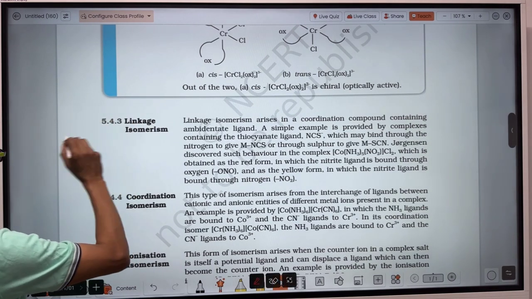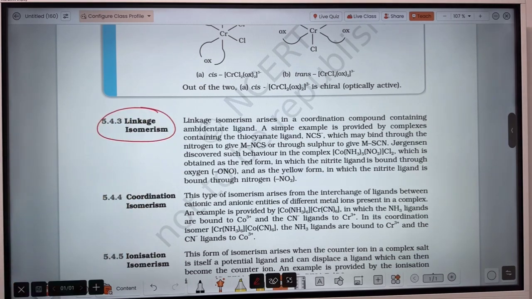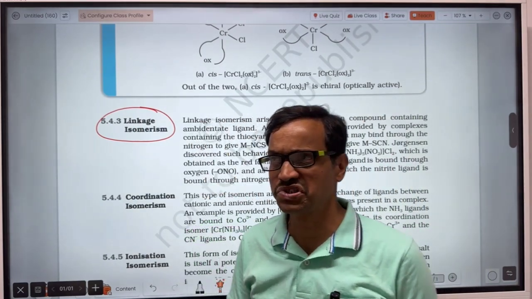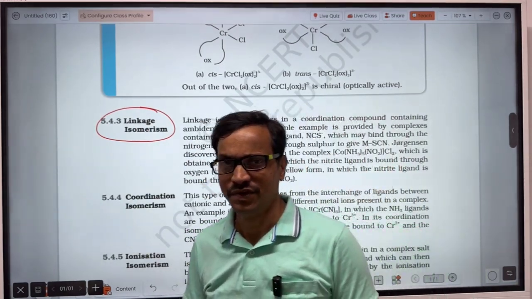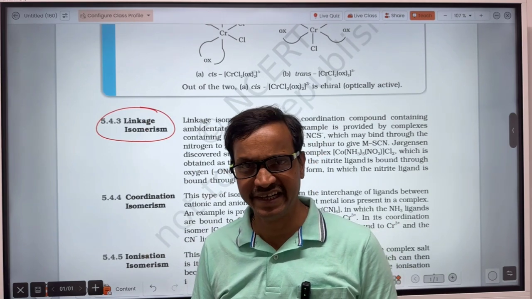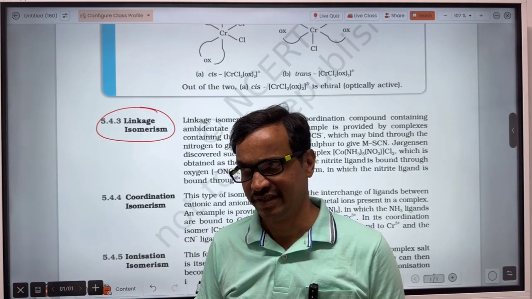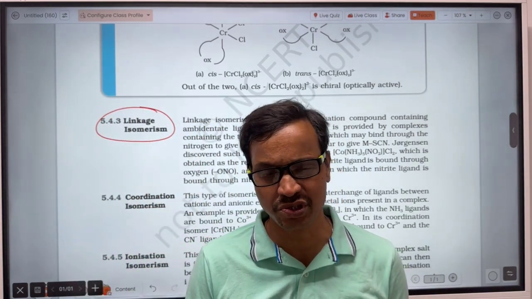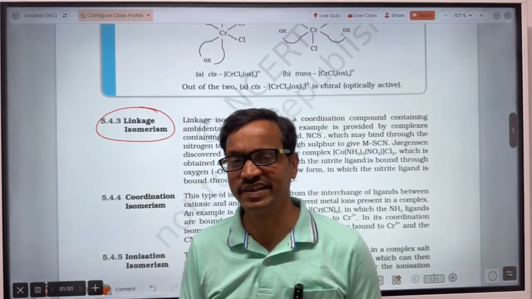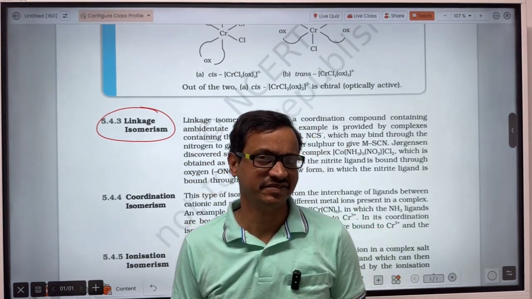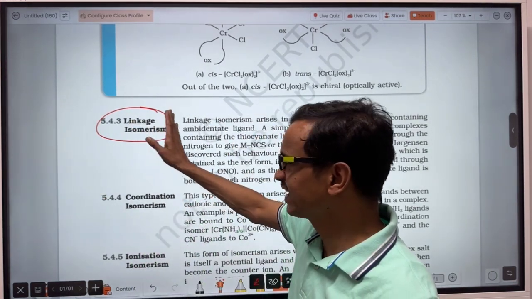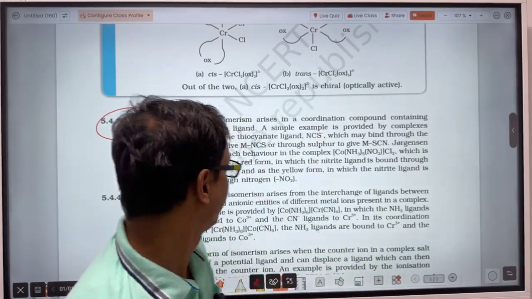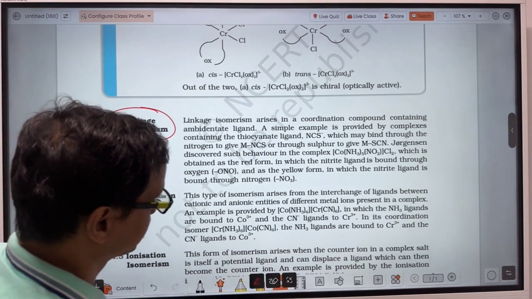Linkage isomerism will be shown by those coordination compounds which contain an ambidentate ligand. As the name indicates, linkage isomerism means there will be a difference in the linking. As for example, this compound,